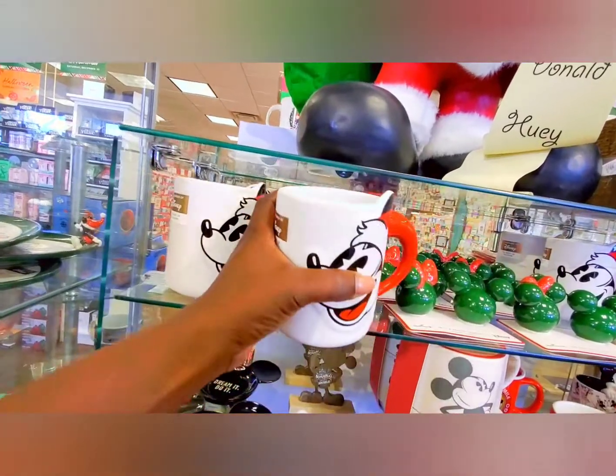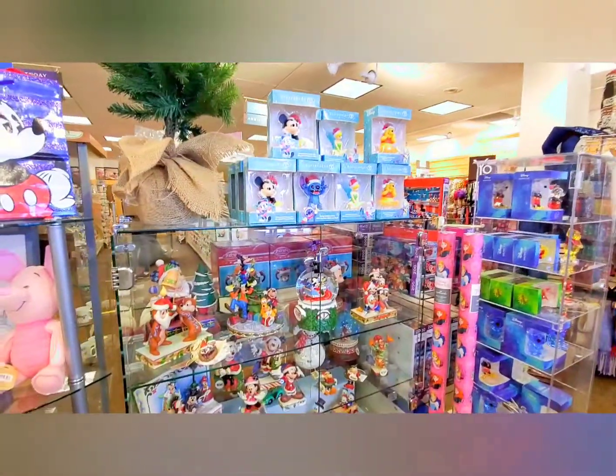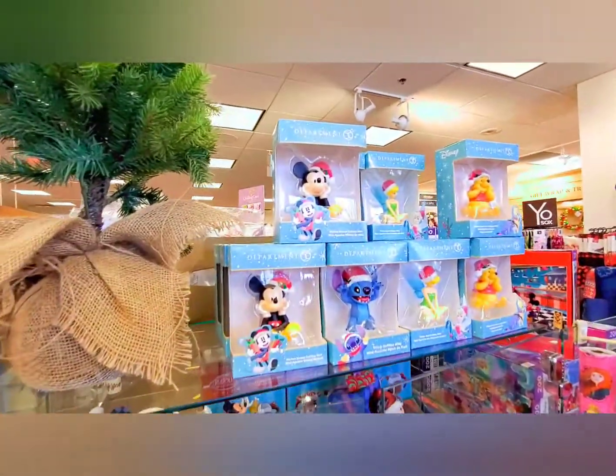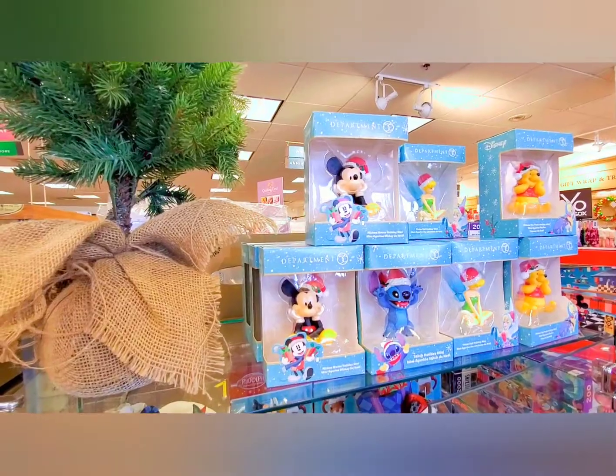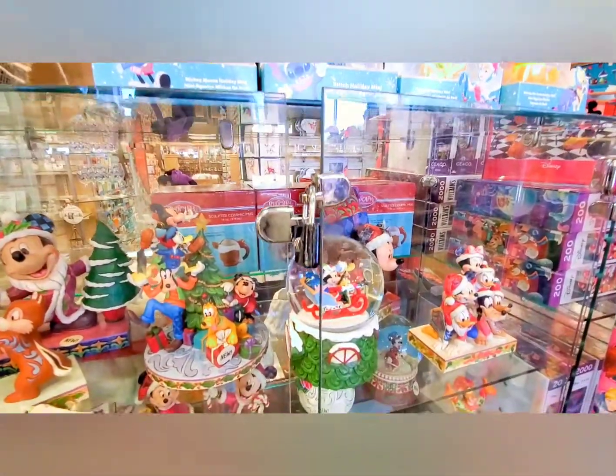All right, so this particular mug was $21.99 just for this Mickey Mouse Christmas theme mug. And yes, they also have a whole lot of Mickey Mouse Christmas theme